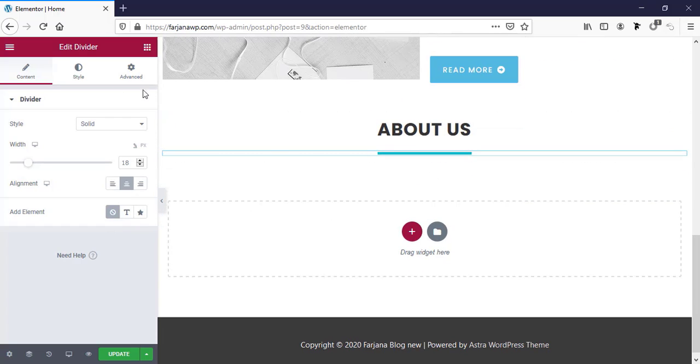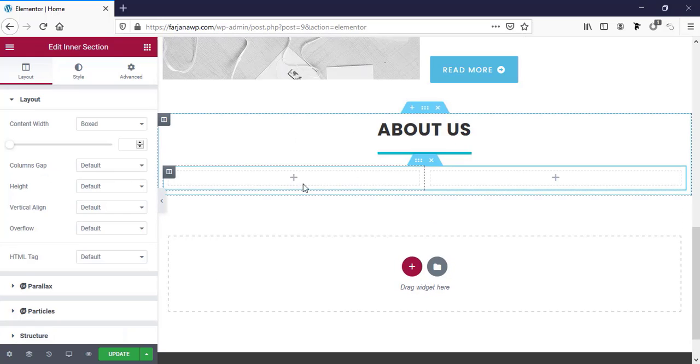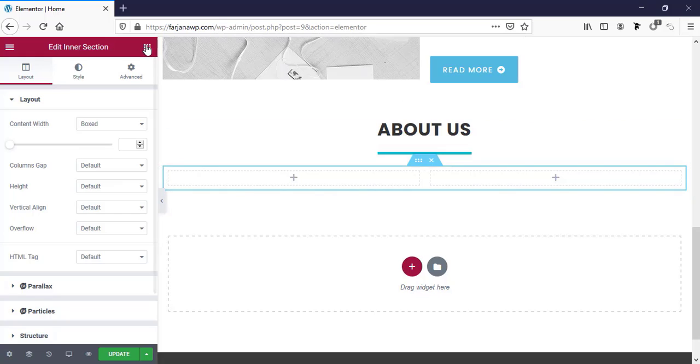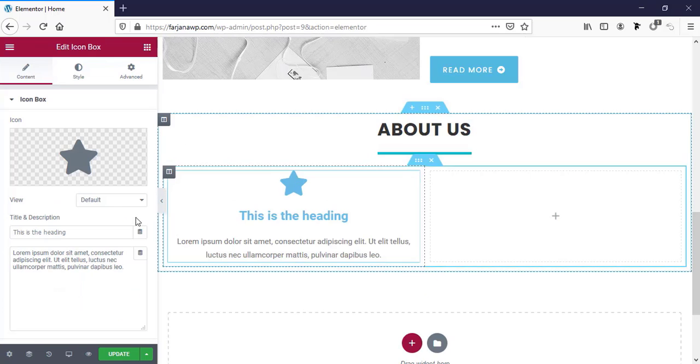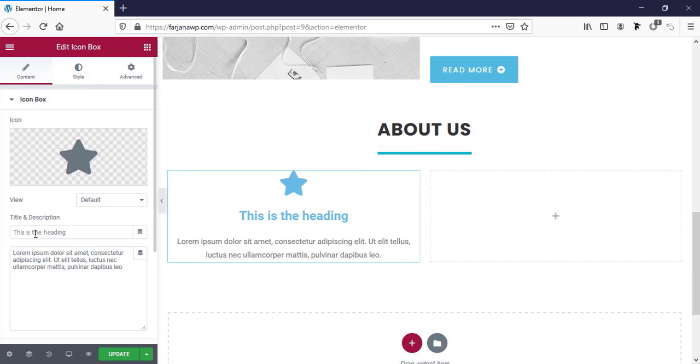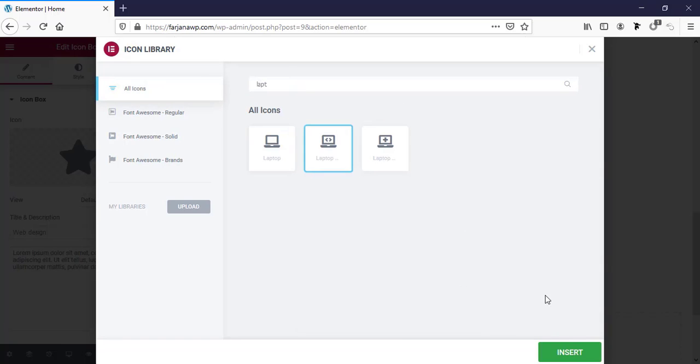And now we can add an inner section. So we want here a 3 column layout. So this time I'm just taking a 2 column inner section. So first I'm just taking a service. So for service I'm just searching icon box. So this is the icon box. Okay, and here I'm typing service, for example web design, and for this icon we can use a laptop or something like this,